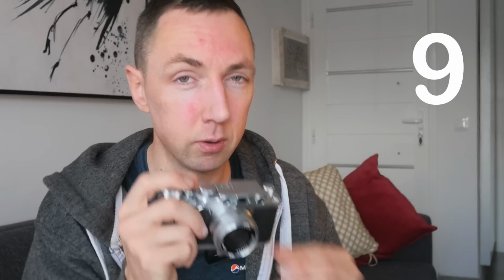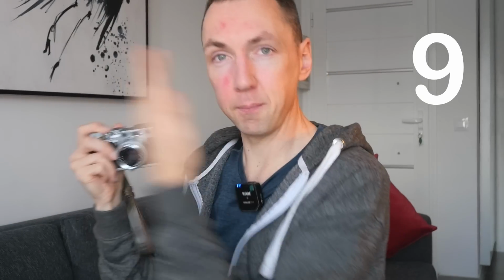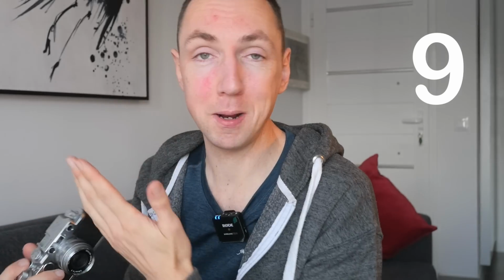Your problem number 9 was being able to get sharp focus with your Leica camera when you have to do the 2-step process of focus first, then recompose. I think the problem I've seen when I do my workshops is sometimes people move quite a lot between focusing and recomposing. They'll be focusing and then they'll be moving like this, forwards and backwards quite dramatically before they take